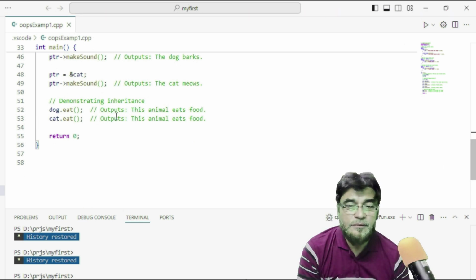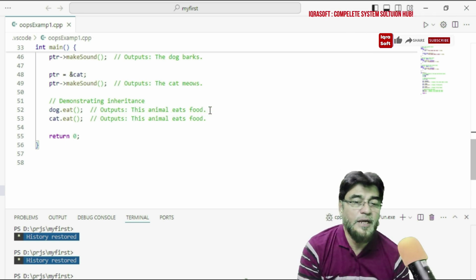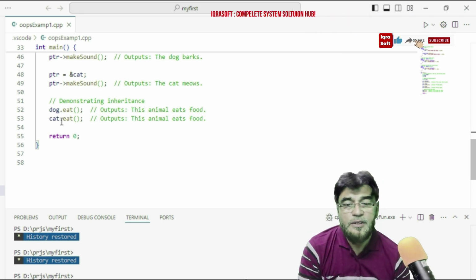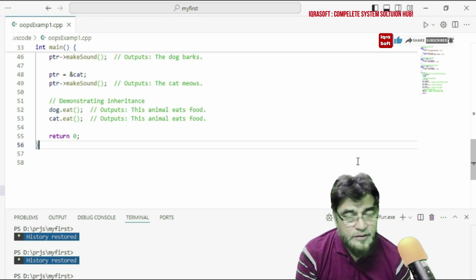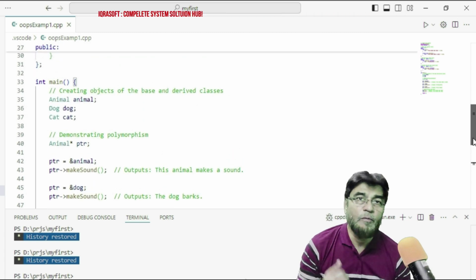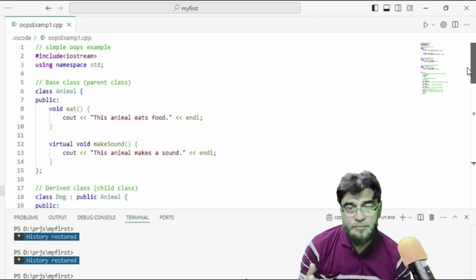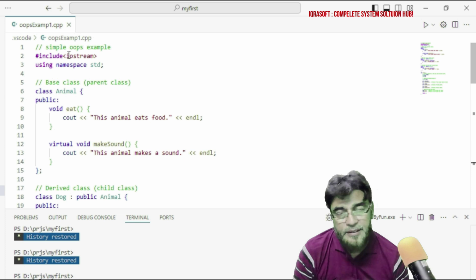Dog.eat, output the animals eat foods. Cat.eat, output this animal eats food, endl. This is our program. We are explaining one other time what we did in the program, our class library, then